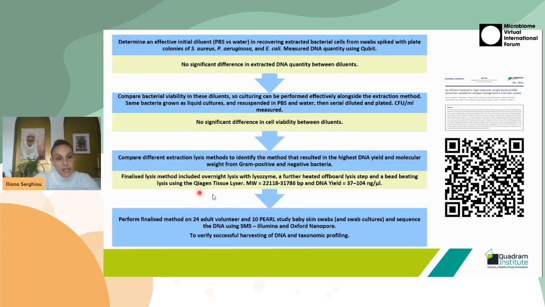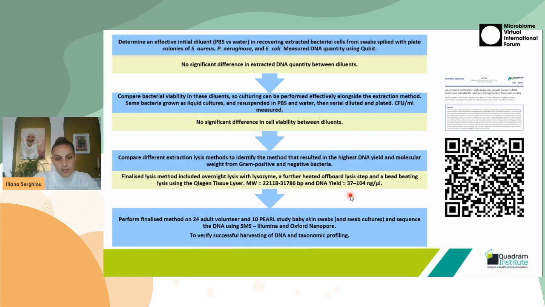So using PBS, I then compared different extraction lysis methods to identify one that would result in the highest DNA yield and highest molecular weight from both gram-positive and negative bacteria. The finalized method included an overnight lysis with lysozyme, a further heated off-board lysis step, and a bead beating step using a tissue lyser. The molecular weights ranged from about 22 to 31,000 base pairs, and the DNA yields ranged from 37 to